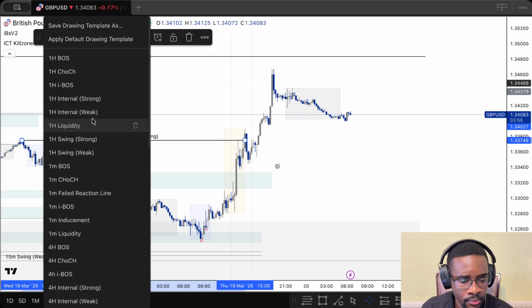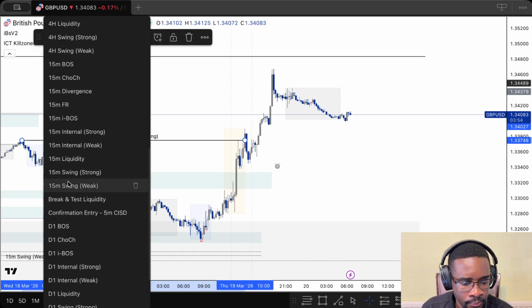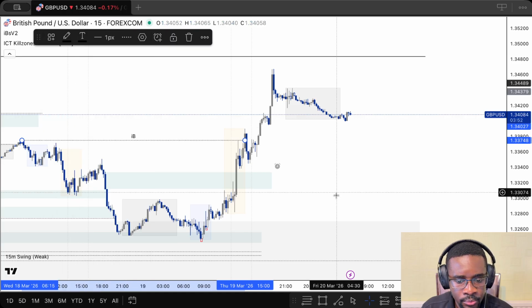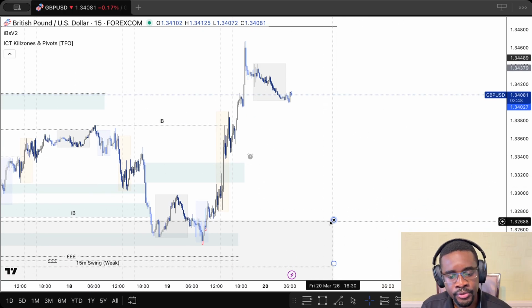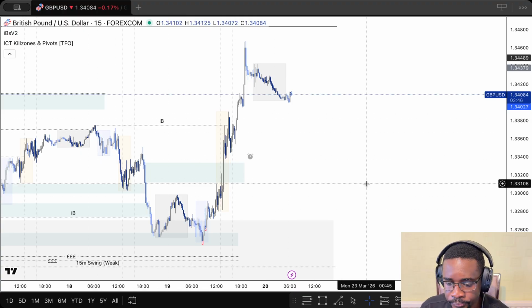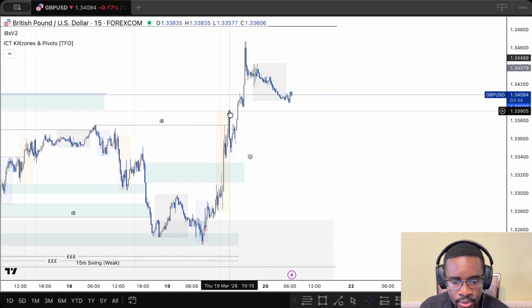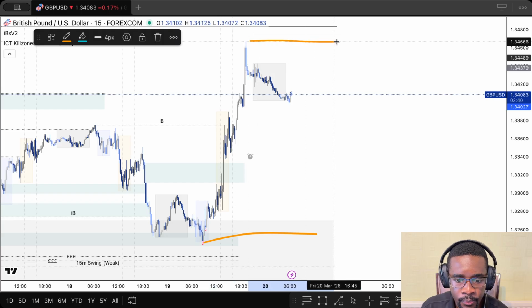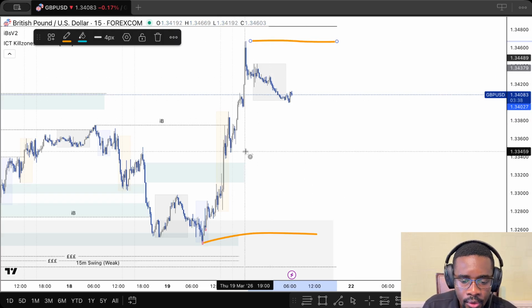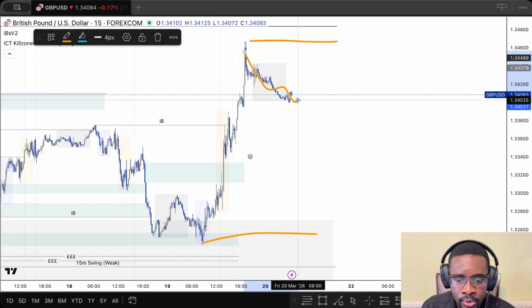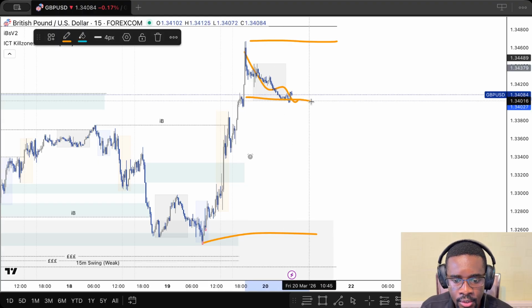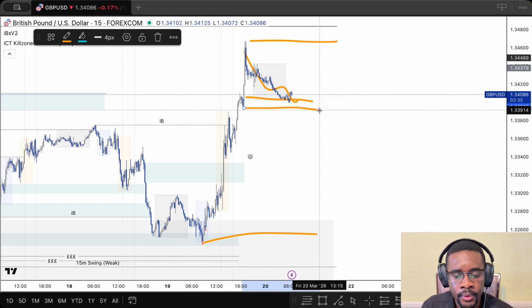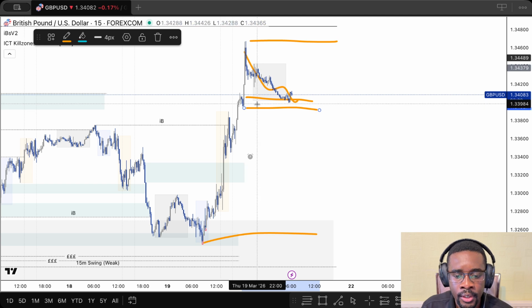and then this becomes my internal break of structure. So price has already started the pullback. Internally this becomes my range. Boom, boom. So now we are pulling back, and then we have this area where price is reacting from. I would say this is a trap, or this is